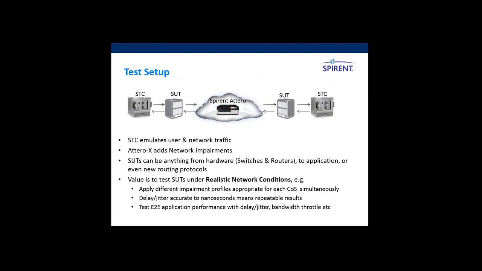So the test setup that we use is a traffic or test packet generator to go through the system or the network under test, and the Atero product from Spirent to emulate the network impairments. So, for example, those delays that you have. So the value really is to allow these systems and services under test to be tested under real network conditions, and importantly, for the impact of TCP, so impact of latency and loss to the TCP protocol, and their subsequent impact to the throughput, and then their subsequent impact to the user experience can be fully established and analyzed. And importantly, the margins of operations or the limits of operations can be established for that service on that network.